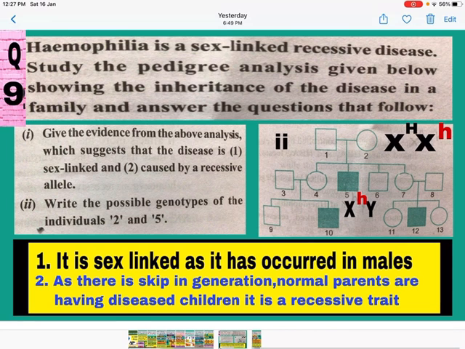अब फिफ्थ का क्या होगा जीनोटाइप, क्योंकि ये मेल है और the male is suffering from हीमोफीलिया, so it is X small h and Y। जीनोटाइप इसका X small h and Y होगा। ओके,